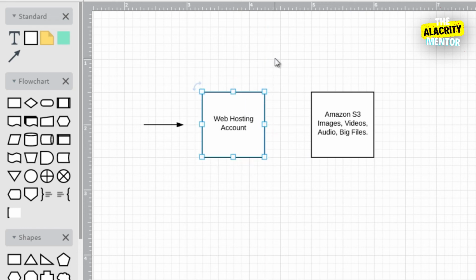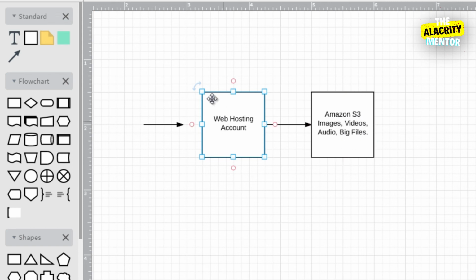So now we have a cheap web hosting account, and we link the images, the videos, the audio, and the big files over here. Because with Amazon, what's nice about this is you could have thousands of people per day accessing the Amazon S3 servers, and it's not going to faze them. It's not going to crash your account or anything. The people that are visiting here, they are going to just go to your basic yourdomain.com. They might be visiting your WordPress site, but all the images and videos and everything are over here.